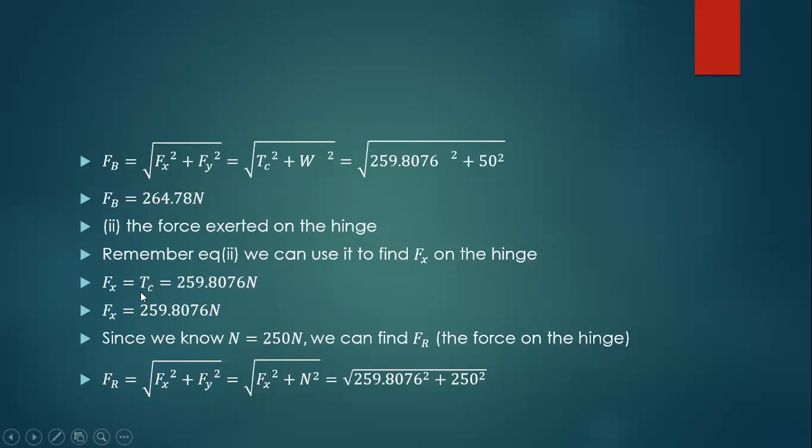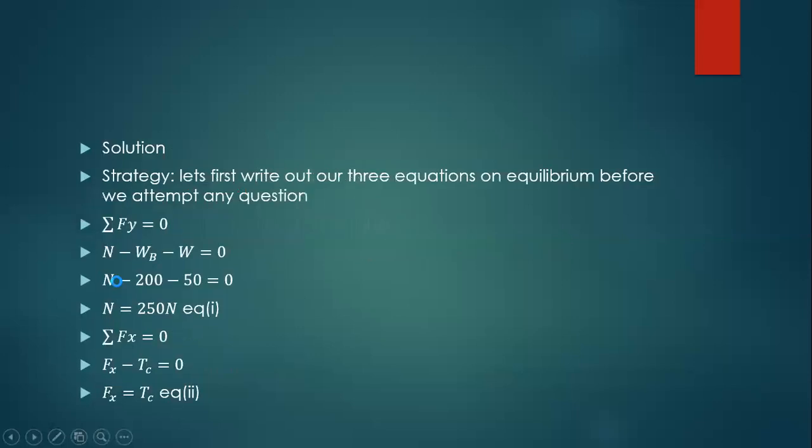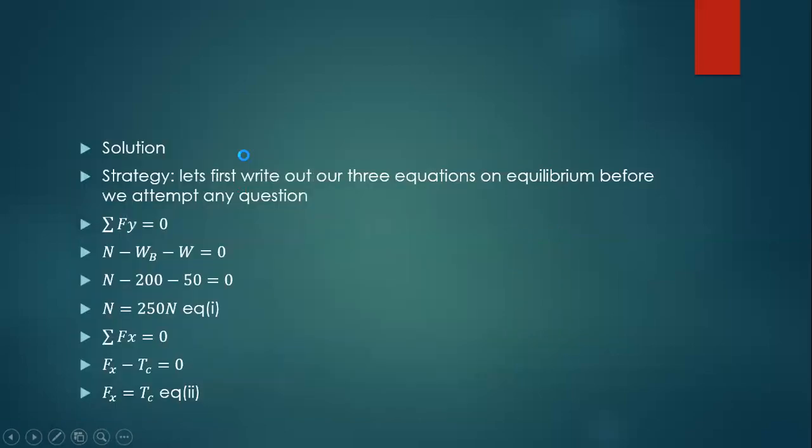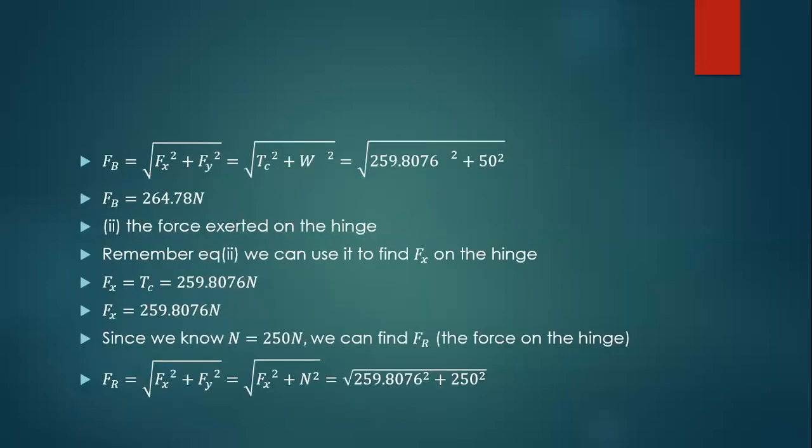Because we know the tension in the cord, we said in equation 1 that Fx is equal to the tension in the cord. That's what we said. Because these are the only forces which we have in the x-axis. Fx is pointing in that direction, and the cord is pointing in that direction. So we can use these forces,